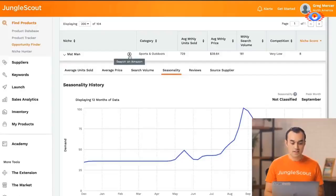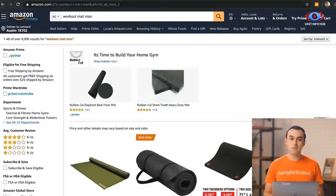But this is really great. So if there is a current spike for some reason, right? Like people are buying more of these at the moment because they're at home. If you don't anticipate that being the new norm, then you've got an opportunity to see what it could be like after the fact. The next thing that we can do is click to open this opportunity up on Amazon,